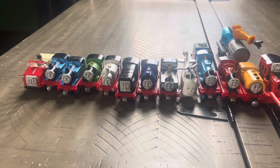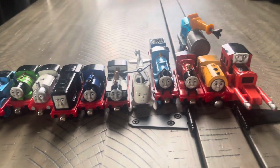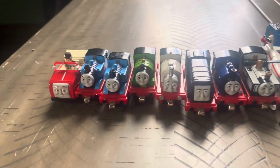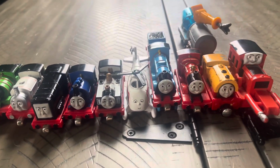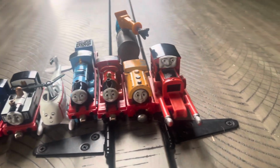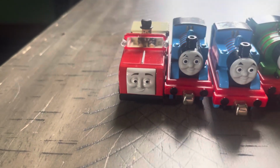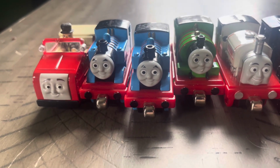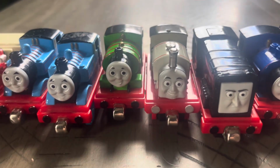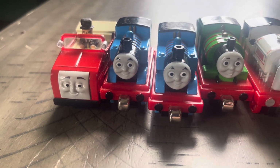Okay, so now I'm going to be showing off the Diecast app items, which includes a bunch of Take and Play, some Take Along, and only one Ertl. So we got Winston with their Tom hat, two Take and Play Thomases, a Take Along. No, wait, did I say Take Along? I meant two Take and Play Thomases,